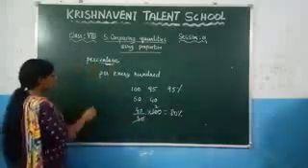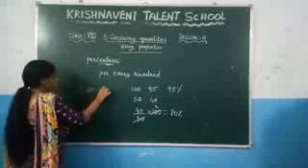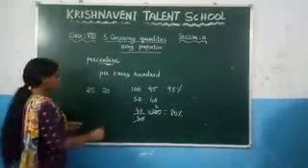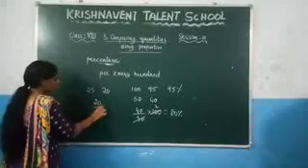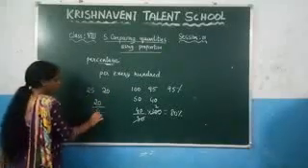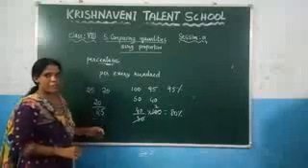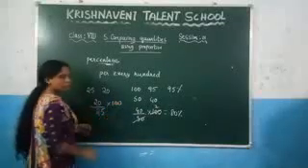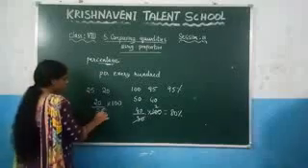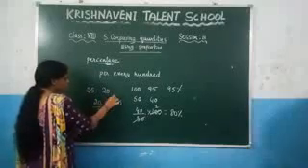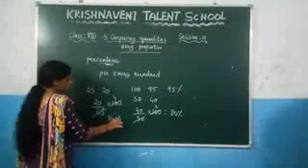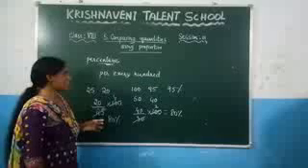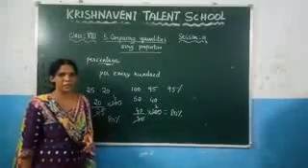Suppose the same example I took here. For 25 marks, he got 20 marks. If you want to find the percentage, how many marks did he get? 20. Out of how many marks? Out of 25 marks. Since we want to convert into the percentage, you need to multiply with 100. And again you know 25 fours, and 40 into 2 is 80%. Like that you can convert into the percentage. Percentage is nothing but per every 100.